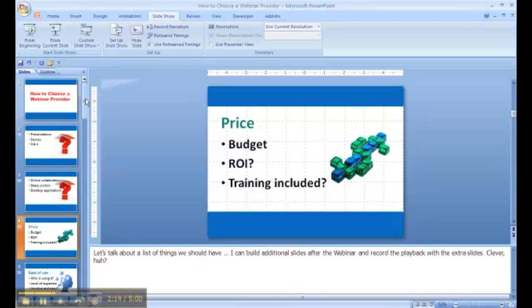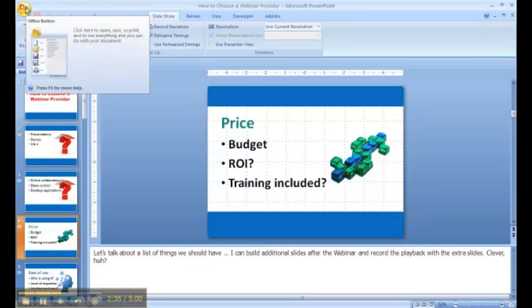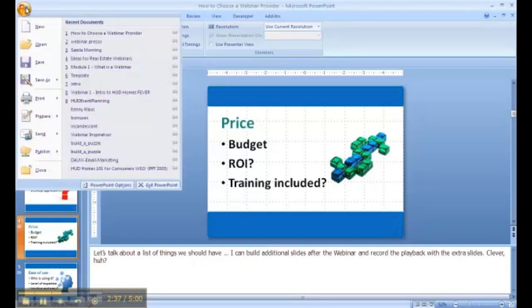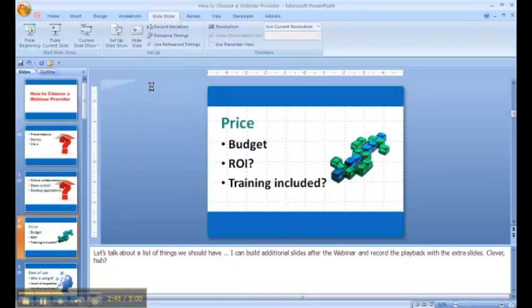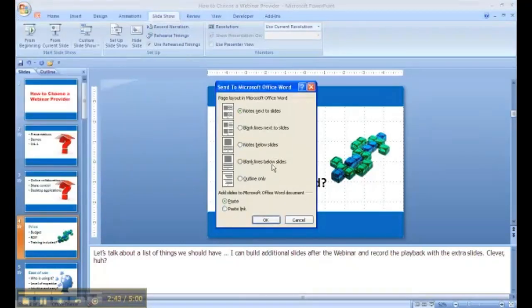If this is something new for you, don't let it stop you from getting started. Just work with it. You can get a whole bunch of templates and designs for your PowerPoints. You can customize these with your own logos, with your company name, and as I say, you can actually create handouts. If I want to create a handout from this, I will go up to the top,